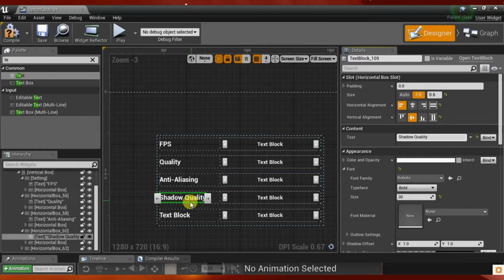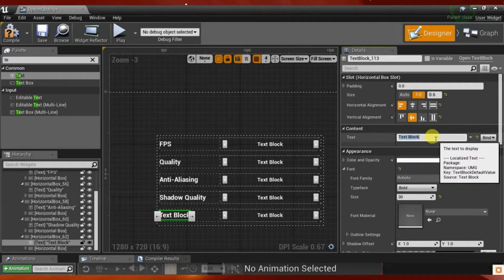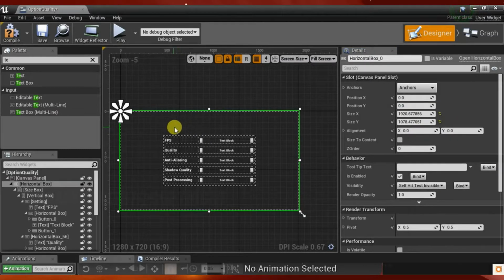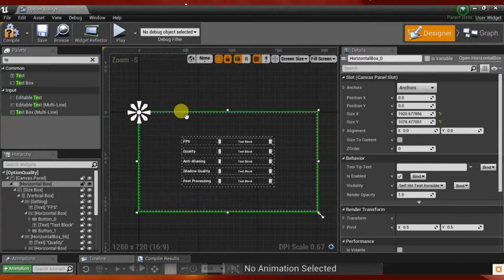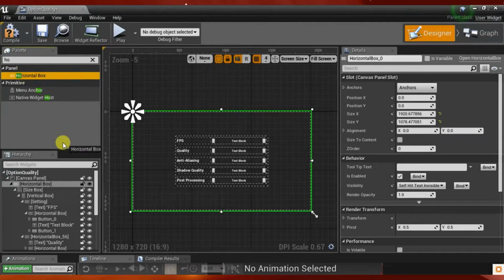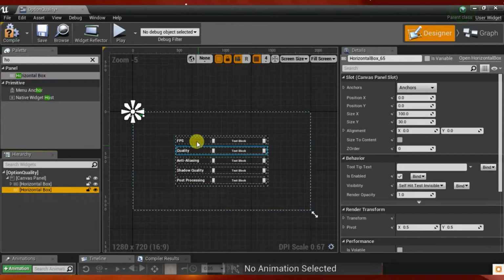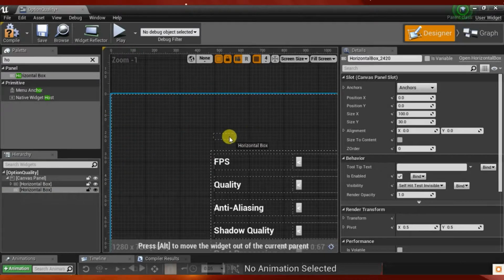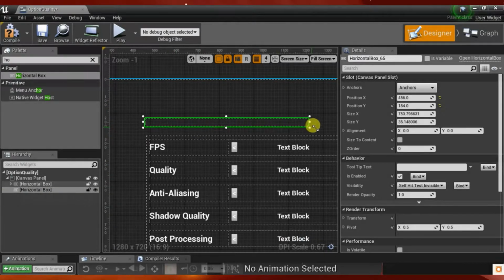The last and final text is post-processing. After this is done, let's make an option text above the box. So we'll go over here, click horizontal box and drag it over to the canvas panel, like that. Once it's done, it will be in the corner here, and drag it and expand it a bit